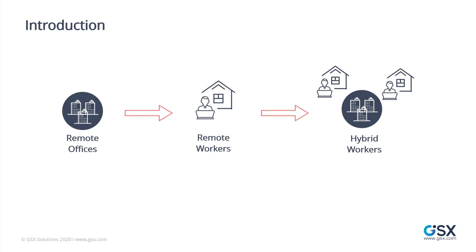We are now entering a hybrid workforce world where a lot of users will alternate work at the office and work from home. And that means that IT must be prepared for this scenario. So with a lot of workers staying remote, but potentially coming from time to time to the office, the strain on the network fluctuates a lot. And that is why it is mandatory to optimize your route to the cloud to ensure Microsoft Teams service quality.